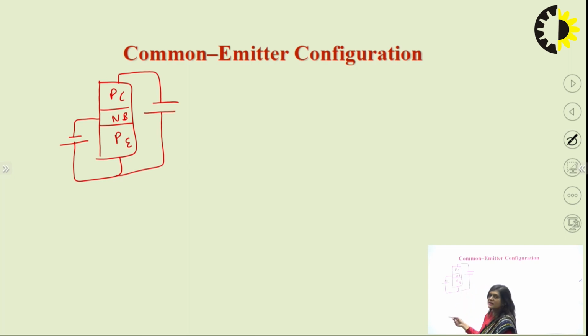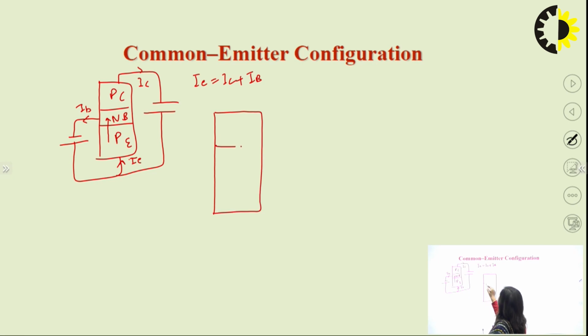Now for the direction of current, we will see only the emitter side. The emitter is P type, and the direction of current will always be from P to N. That's why the emitter current direction is in this form, arrow pointing upward. And we also know that IE is equal to IC plus IB. So IB and IC directions follow according to this equation. This is for the PNP transistor, and for the NPN transistor